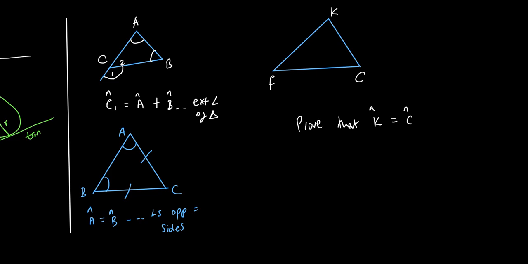Exactly. If we can prove that FK is equal to FC, then we could conclude that the angles are equal, meaning K will be equal to C, and our reason is going to be